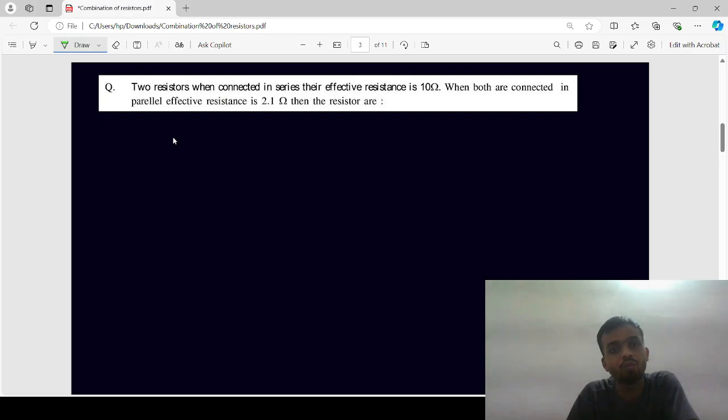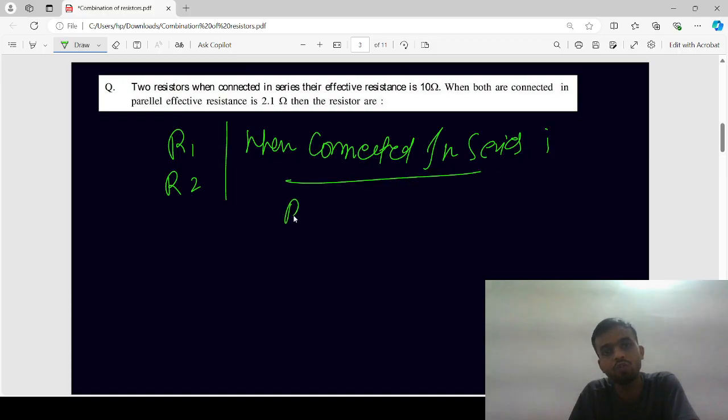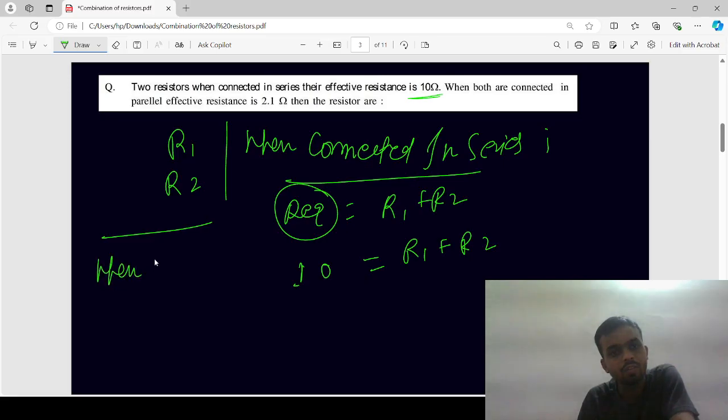So let us assume that one resistor is R1 and another is R2. Okay, so when connected in series, then it will have R equivalent, that will be nothing but R1 plus R2. So R equivalent is given over here, which is 10 ohm. So 10 will be equal to R1 plus R2. And when connected in parallel,